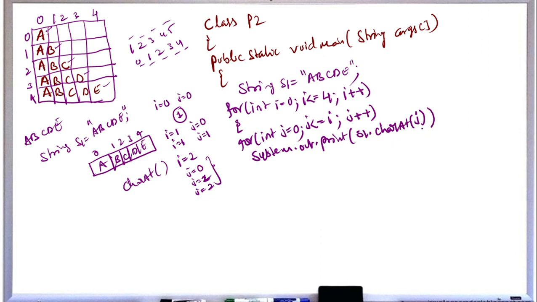Now this will be closed. After printing all the columns in a particular row, we need to move to the next row. So that's why System.out.println. Once this loop is over, we move to the next line and iterate one more row. So you can close this and close this. This is the program for this pattern.